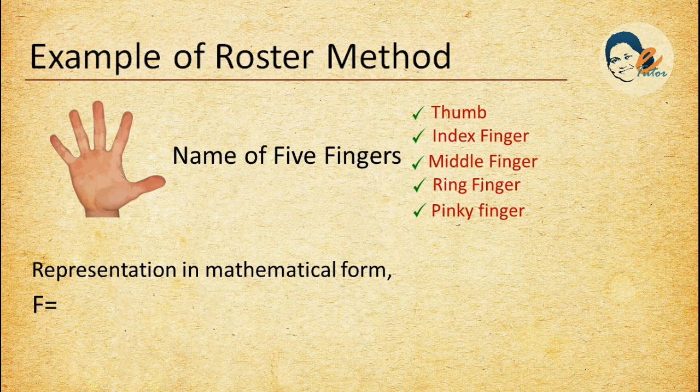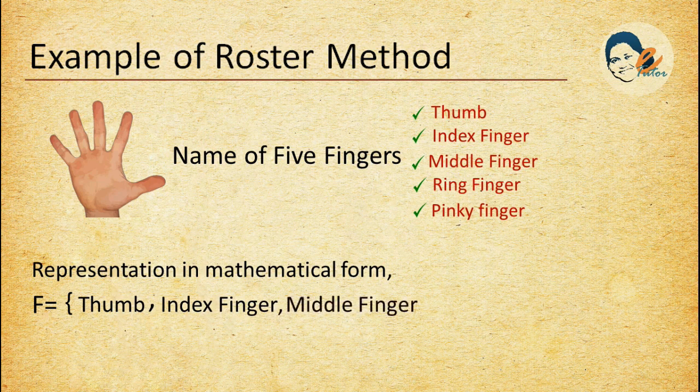If we mathematically represent the set, we have to start with an opening brace, then the first element, then the separator, that is a comma, then the second element, then a comma, now the third element with a separator, the fourth element, then again a comma, now the fifth and last element of the set, and the set will end with a closing brace. These curly brackets are called set brackets. And this method of representation of a set is the roster method or tabular method. Okay?